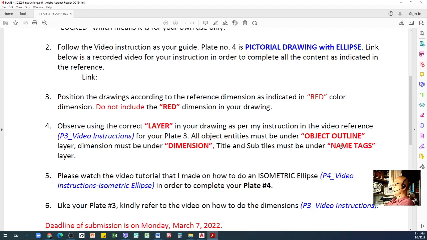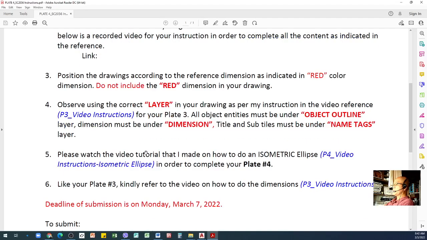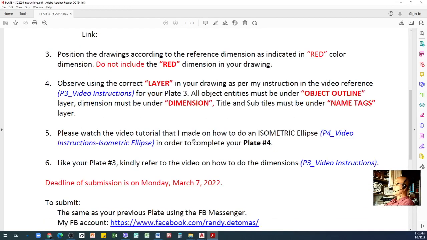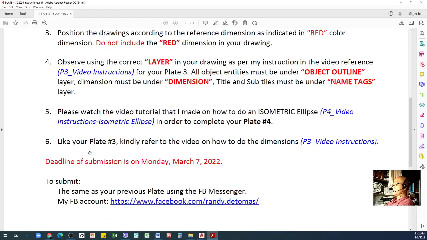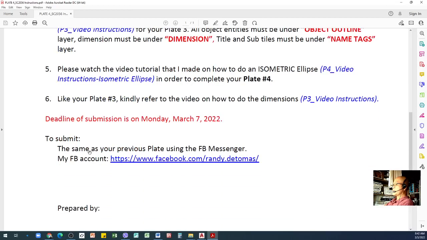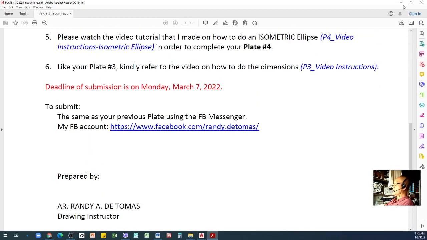And then your name tags: all the text found in the drawing except the dimensions will be under name tags. So please observe all of those instructions under layers. I mentioned already that this video will be uploaded to YouTube, and you can access it to follow. So that will be your instruction for your plate number 4.